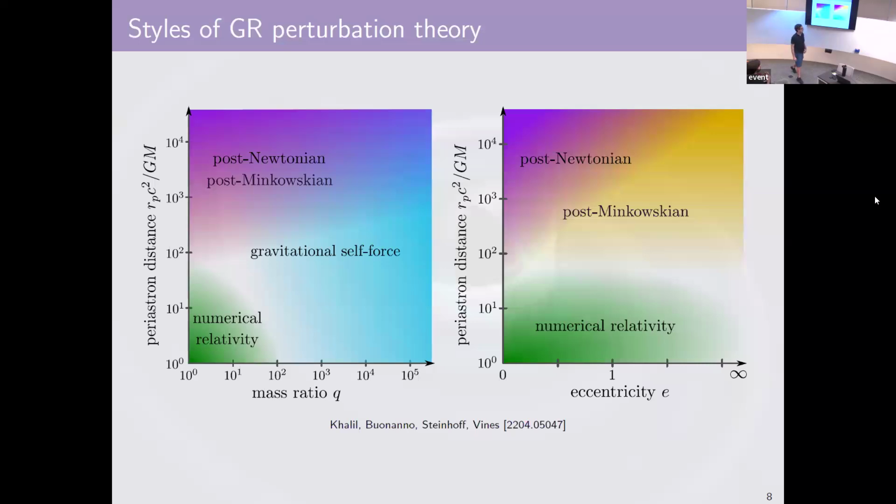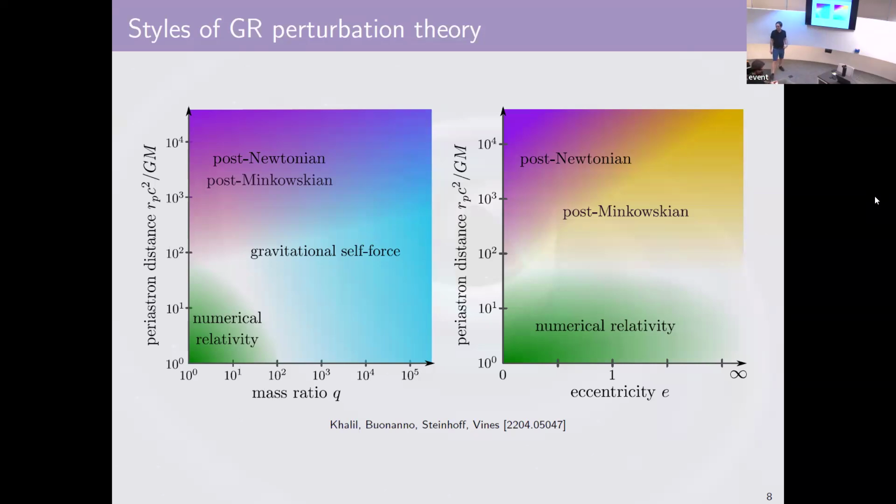Yes. What do the colors mean here? The colors are just doing some gradient stuff. Yeah, it is just that post-Newtonian, post-Minkowskian is the purple color on this one. Sort of up in this corner is where you can do cross checks between self-force and either of those. It's vibes.